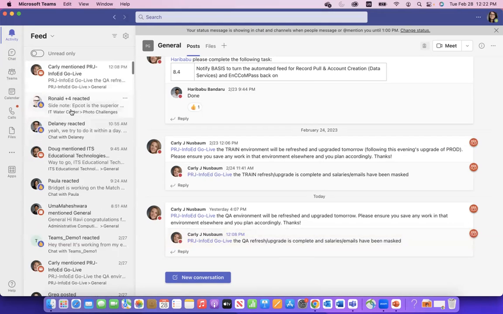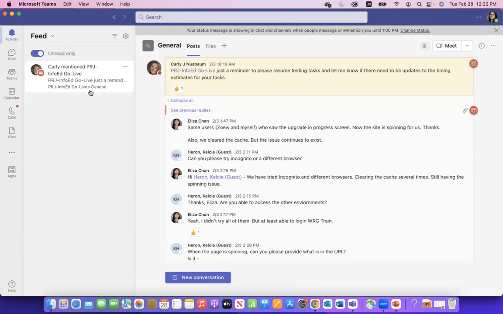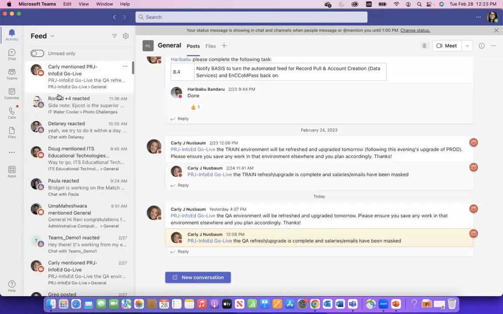When people are responding with emojis, I get notifications here, and it's all in one place, so I can go look. And if there's anything that I was concerned that I missed, a message or anything, I could toggle this unread only and see any message that I may have missed that may be important to me and just check it out there. One other thing is that this can also seem a little overwhelming.